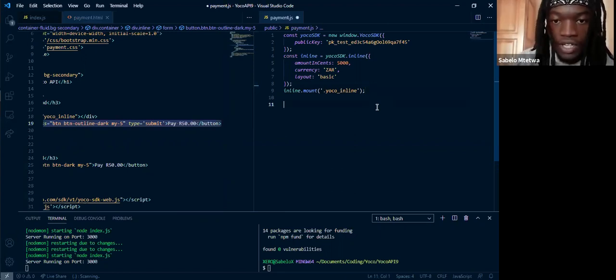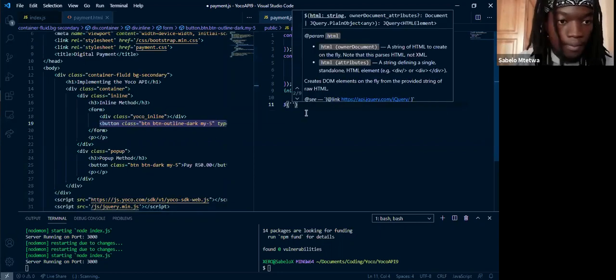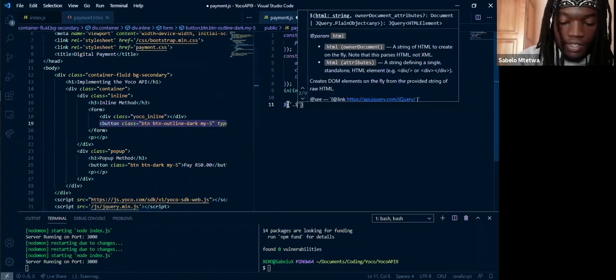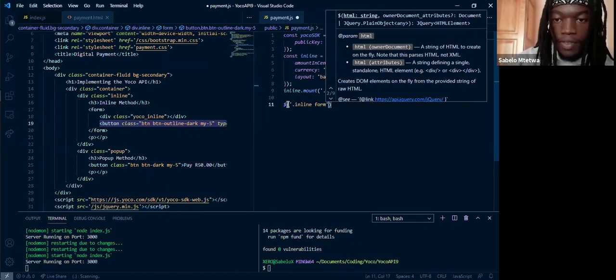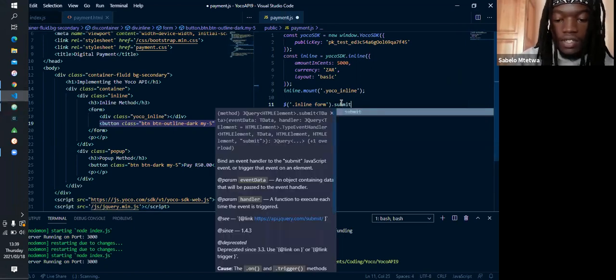Right now I want to listen for a submit event, so I'll use jQuery for that. When you submit this form by clicking the button, we get this form, this whole element. And then when you submit that,